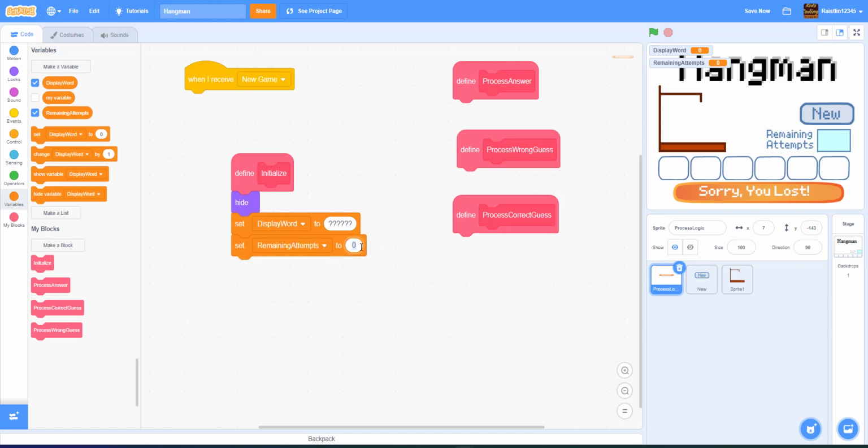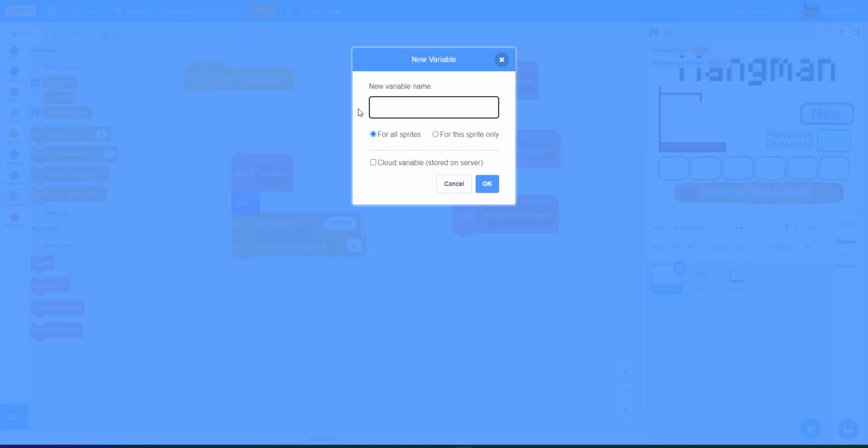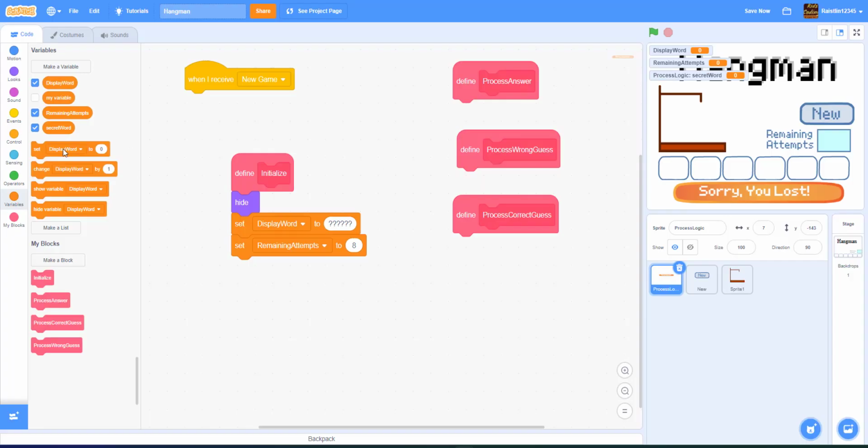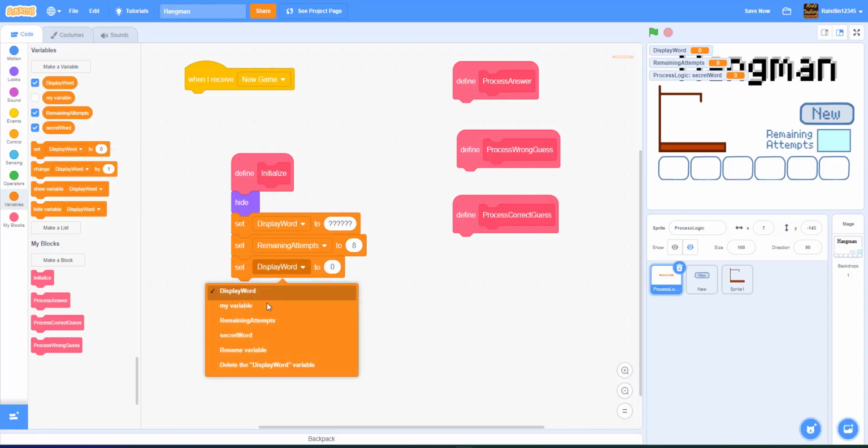We're gonna set it to 8, so we have 8 remaining attempts. And then we're gonna set the secret word, which is another variable. Secret word, and it's gonna be for this sprite only. Anything where the first letter is lowercase will be for the sprite only. Okay. We're gonna set the secret word,